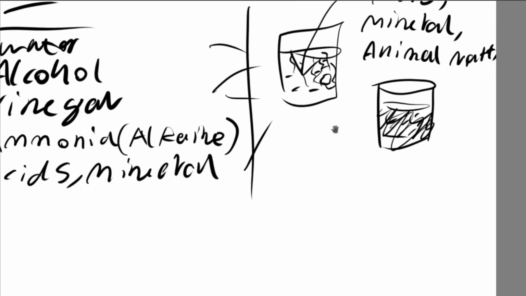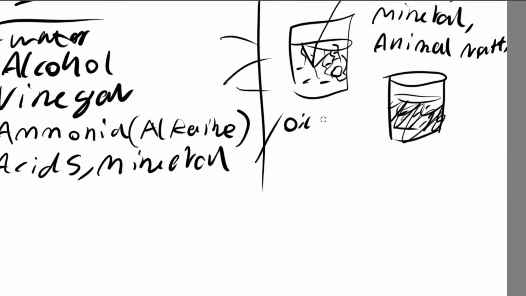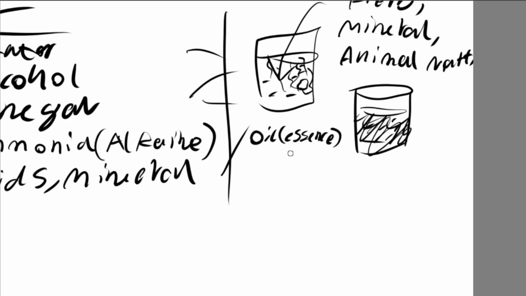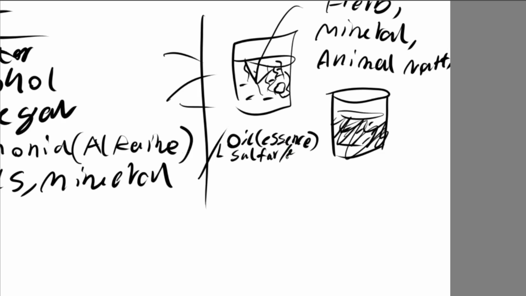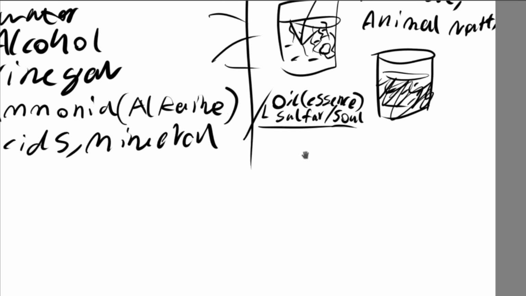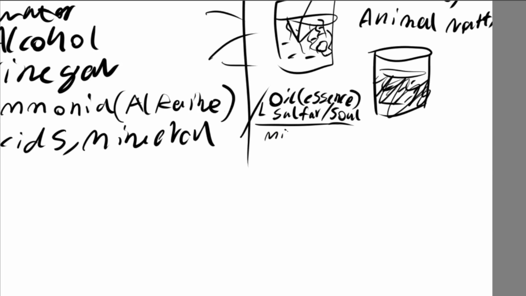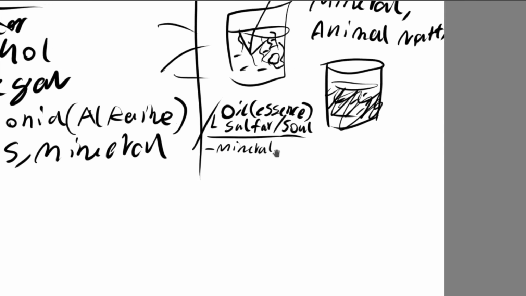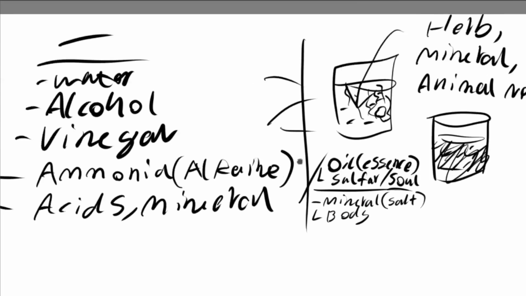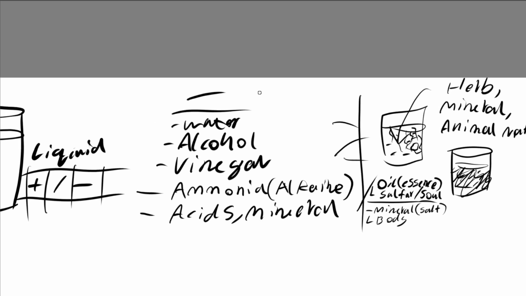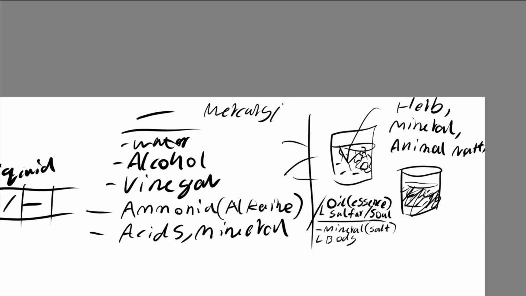So now it's neutrally charged because it's got color to it. It drew out the oil, which is the essence, or in alchemy, the sulfur, or the soul. I haven't done a whiteboard lecture in a while, I'm a little rusty. It also draws out the mineral, which is the salt, or in alchemy, salt as well, or body. And this negative liquid is usually what we call the mercury, or spirit,